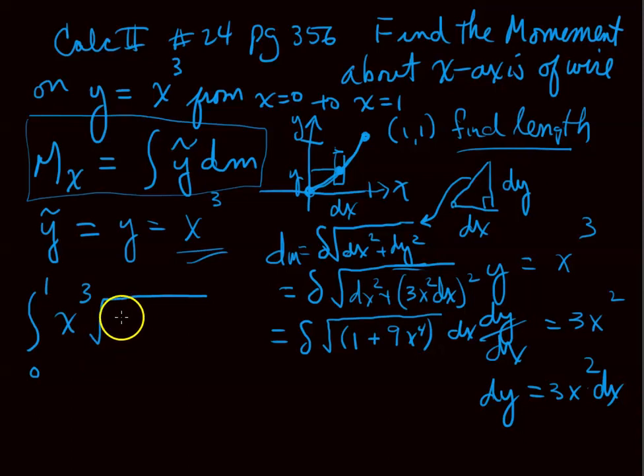So we've got the delta. I'm going to pull that out front. We've got the square root of 1 plus 9x to the 4th, and then the dx outside. Does that make sense? So this is really interesting to me because it sounds like a simple problem, the integral of y tilde dm, but you've got to look at all these parts and write them in terms of x, which takes a little bit of algebra, which eventually, when you do all this stuff,